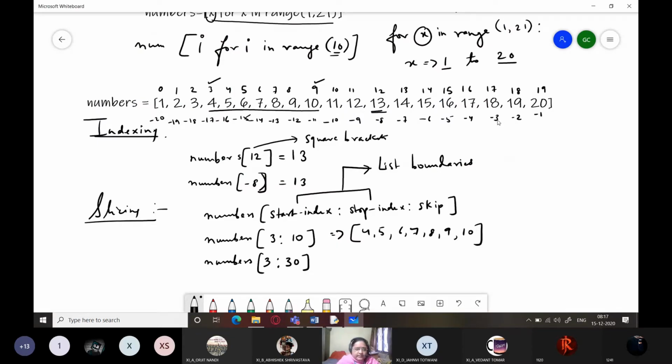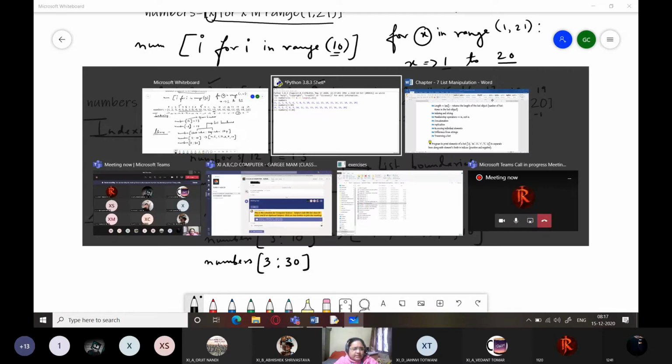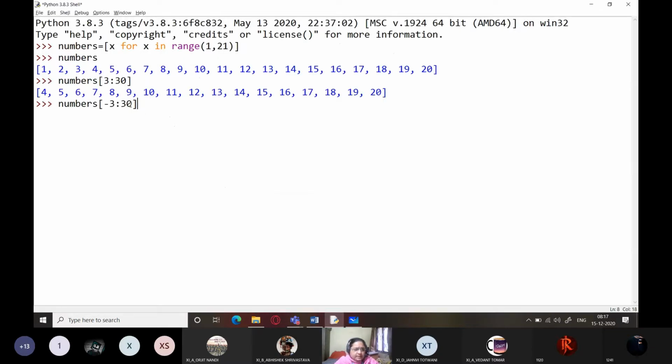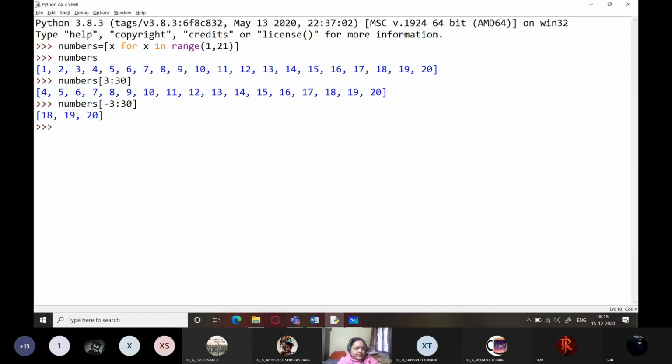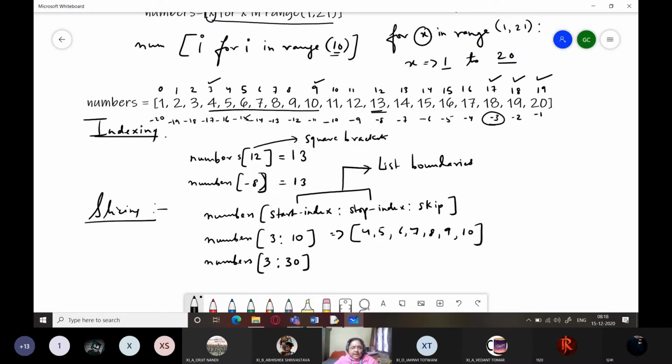So it will not consider -3 as something lying this side. Rather, -3 will be considered as this negative index. And because I have given the final stop index as 30, it will take up three elements, 18, 19, and 20. So you can see it over here. It has taken three elements starting from the negative index to the end.